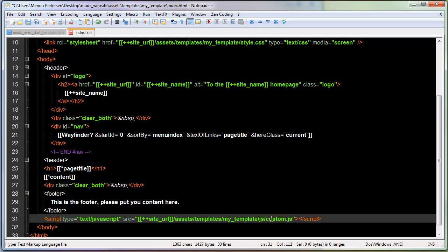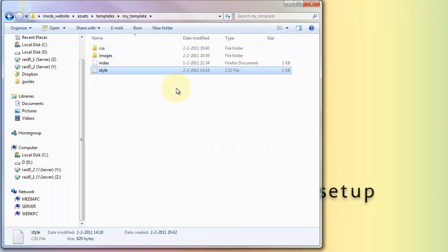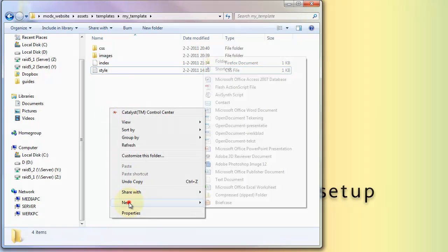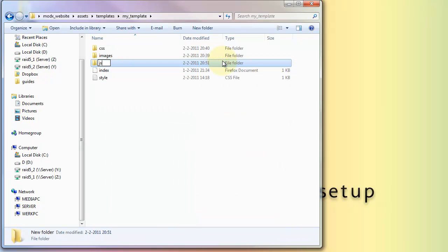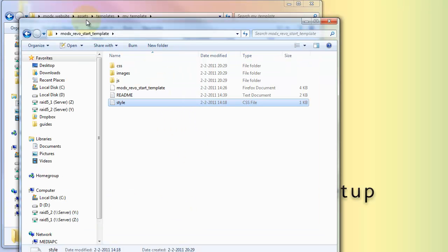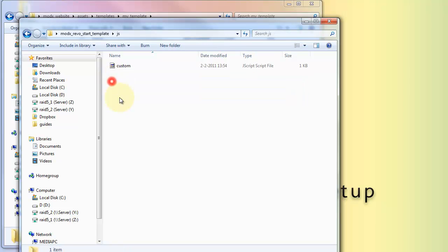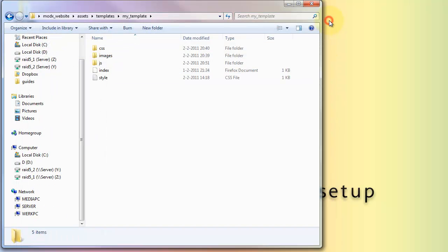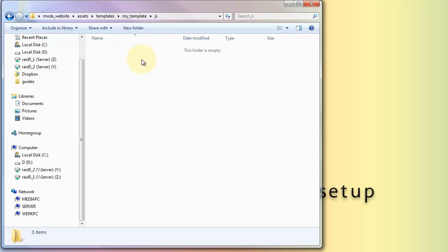So we need to create a file and a folder for that. Let's do that right now. In my template, create a folder JS. If you look in our code from the downloaded files, you see a folder JS and a file custom JavaScript. Copy that code, you can close this, open your JavaScript folder in my template and